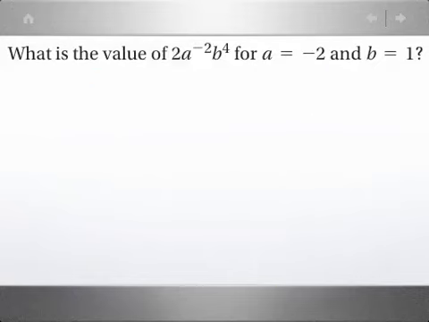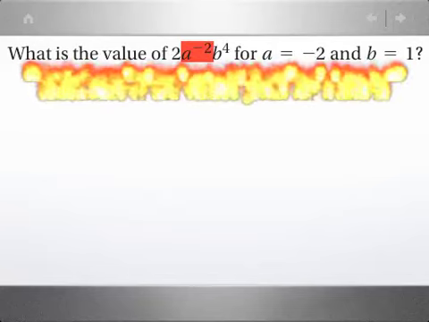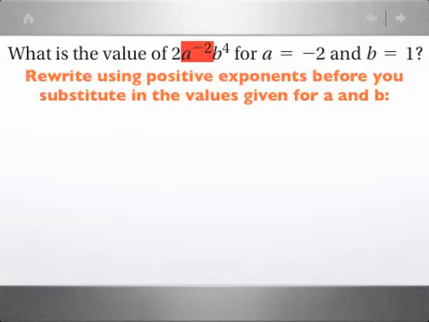This next example says, what is the value of 2a to the negative second times b to the fourth for a equals negative 2 and b equals 1? If you notice, again, I have a negative exponent. What I need to do is rewrite using positive exponents before I substitute in the values given for a and b. So before I substitute in negative 2 for a and 1 for b, I'm going to go ahead and